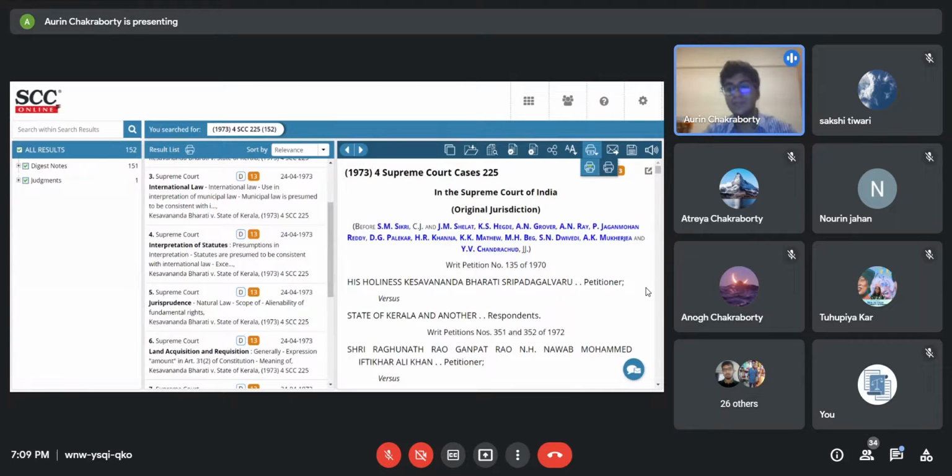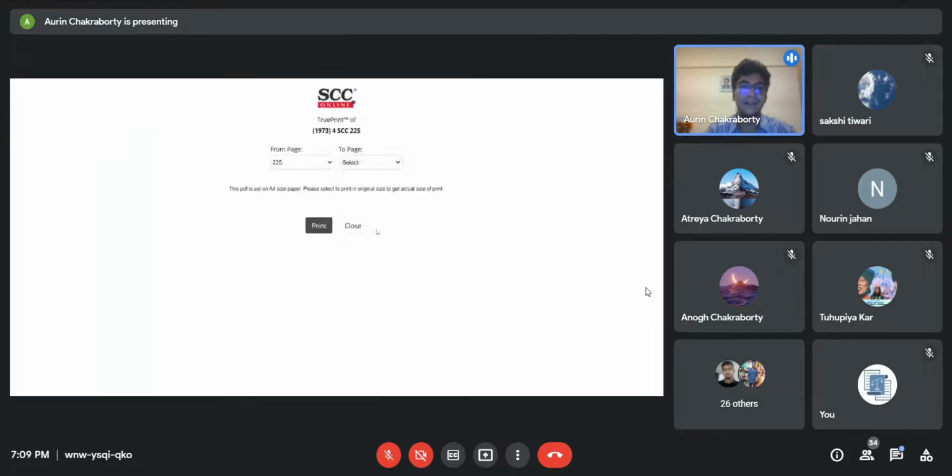Now with respect to Sir's query as to how you can shorten the number of pages that you print, you just click on the true print button, and then it will take you to a new tab, and I hope this is visible, right?